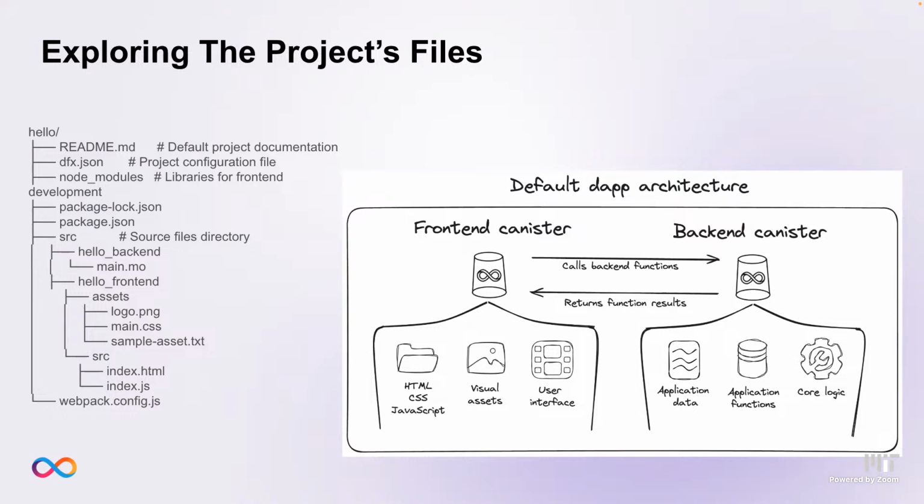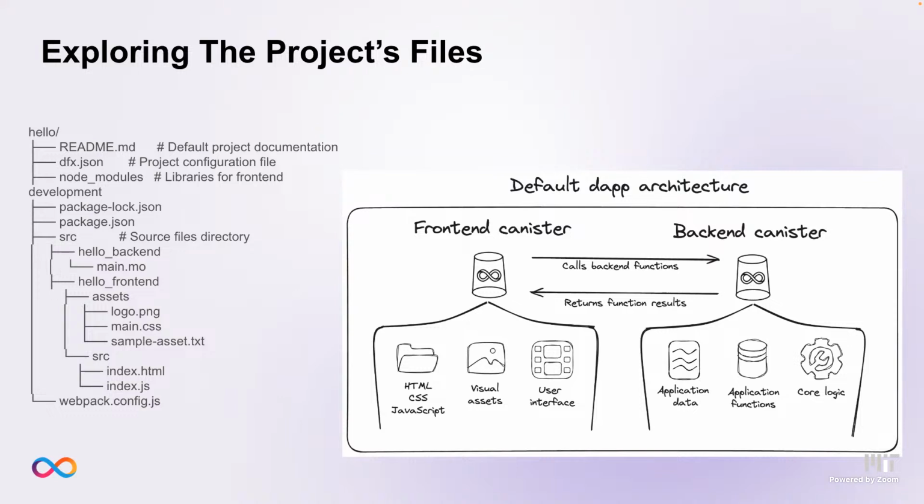So if you had any photos, videos, if you had a marketplace and you had images of different things that you had for sale, those would be stored in that front end canister. And then the back end canister would store any of the logic for the marketplace. So if you had code for listing an item, for when an item is sold, etc., all that would be